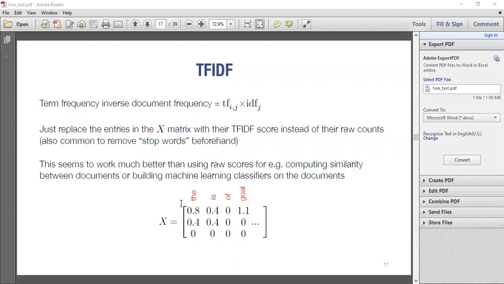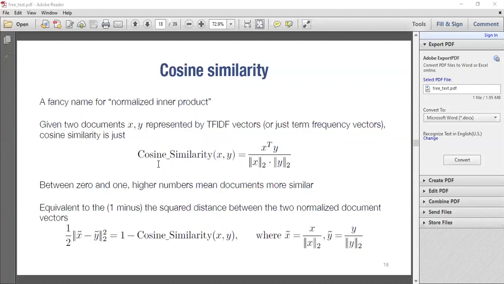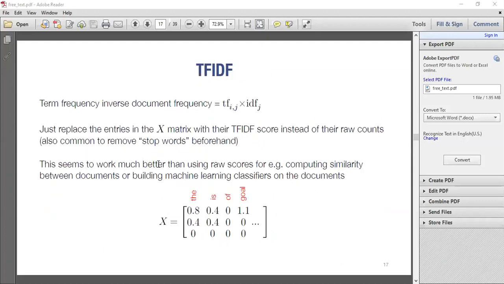Now, so far we've only looked at the individual words within documents, but we could also have a situation whereby we want to look at the similarities of 2 different documents.